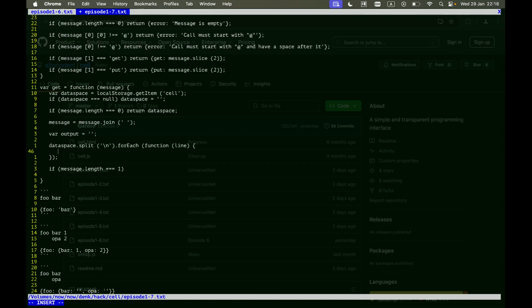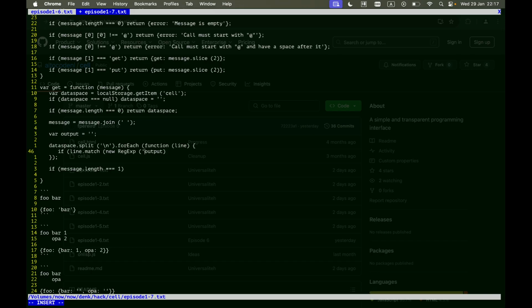So for each line, if the line matches what? The output. But wait, not the output. The output at the beginning. Wise guy. So new expression output, and if you think this is painful without syntax highlighting, you are right.